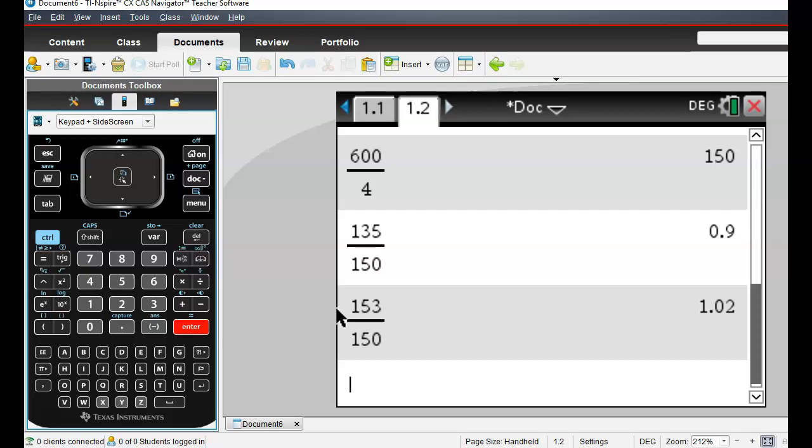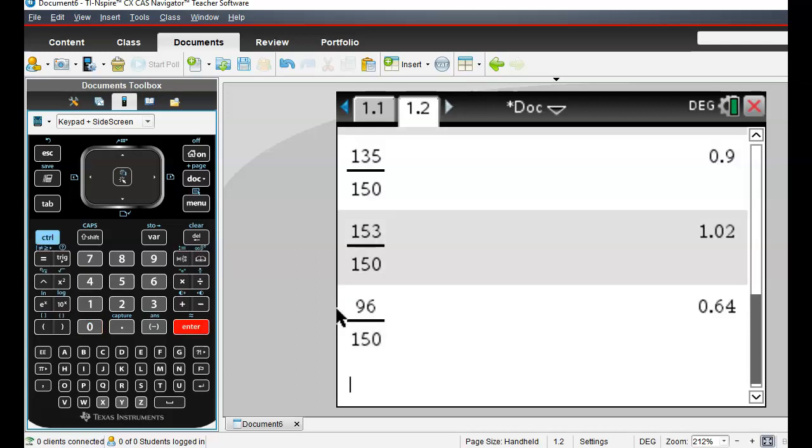And then spring, which is 96 divided by 150. So there we get approximately equal to 0.64. Okay, so then